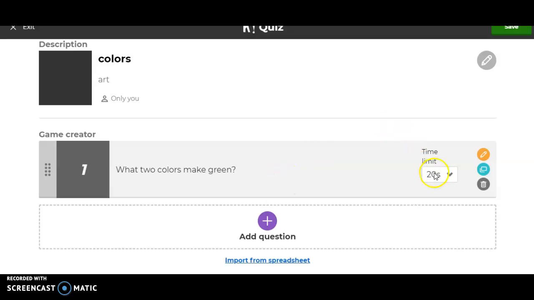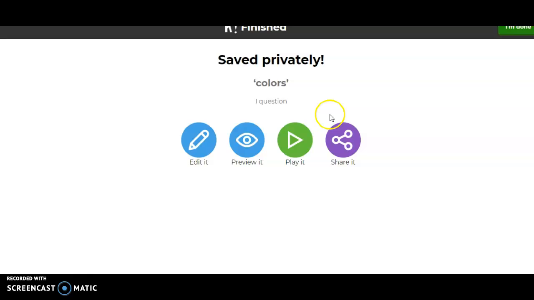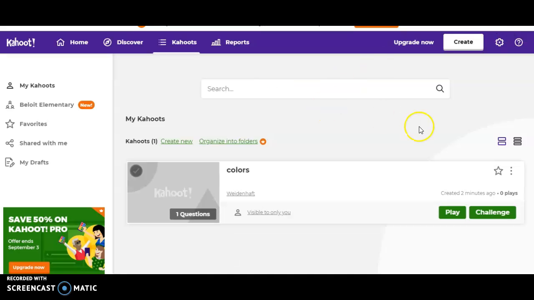What two colors make green? I can set the time limit for my students to answer. Let's say I want them to take no longer than 30 seconds, and then that's it. I save it, and so I have my first question. So now I'm done, and now I want to challenge my kids. So let's play it,